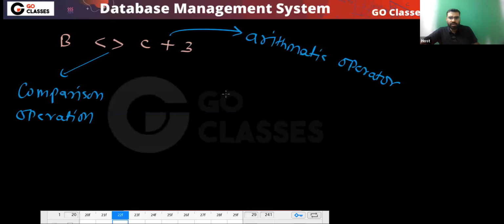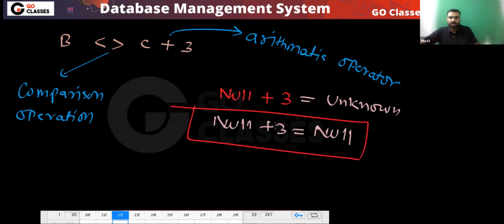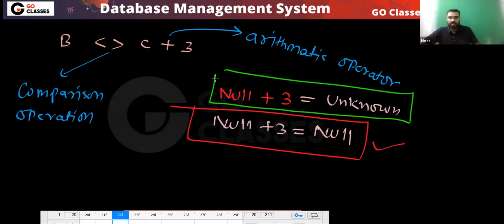Now remember, we already know what this value will be. If I do null plus 3, what will this value be? Can I say this value will be unknown, or can I say this will be null? Which is correct? This is correct, and this is wrong. Because remember, I told you that if you do any arithmetic operation with null,